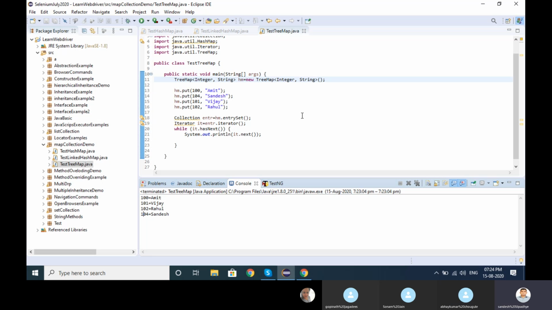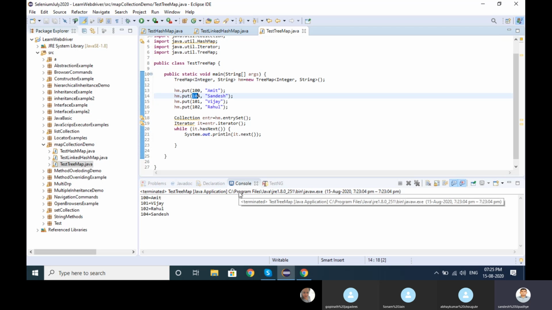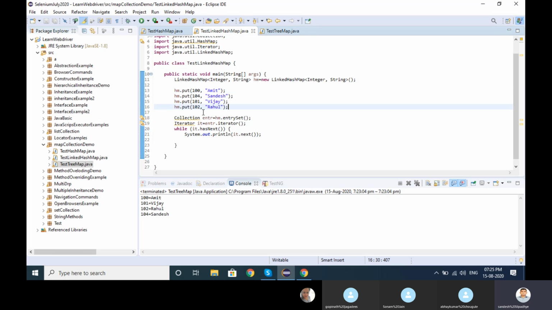Look here, these are the keys 100, then it's taking 101, then it's printing 102, and lastly printing 104. When we go with the tree map, whatever value we are taking, it goes in ascending order. In linked hash map, whatever the inserted statement order is, that's the value you are printing.